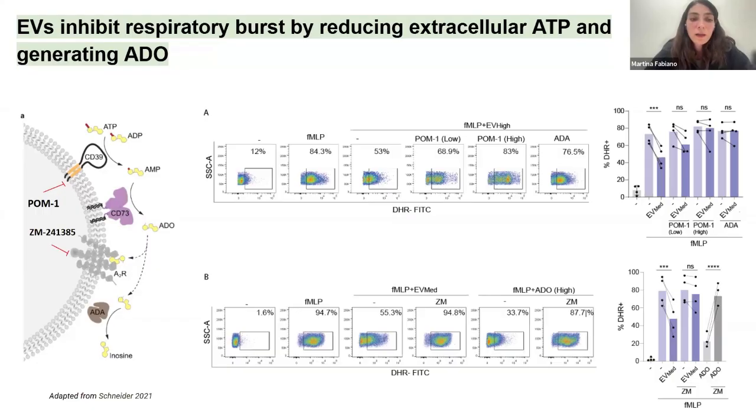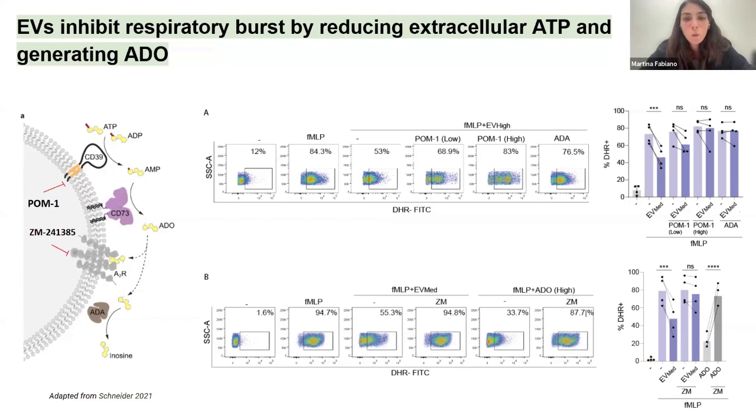As you can see here, adenosine, the last product of ATP cleavage, can be further cleaved by this enzyme into inosine, a compound that does not have any anti-inflammatory immune